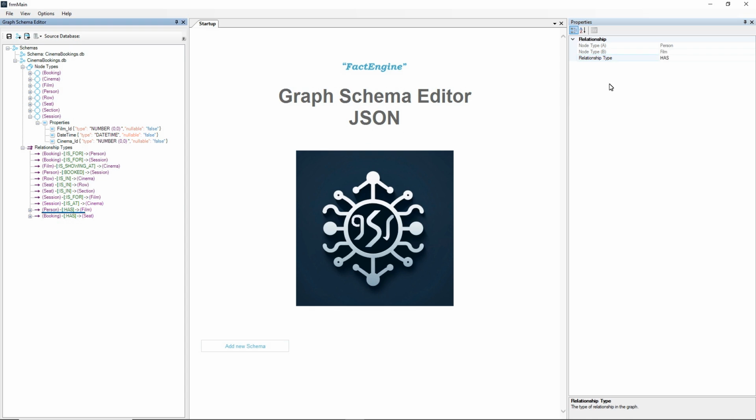and we said that a person likes a film with a rating. So if we look at the properties there, we've got a person ID, a film ID, and a rating. And a booking has one or more seats, and that's a many-to-many relationship. So we've got our property graph schema in tabular format, and we can export that as a